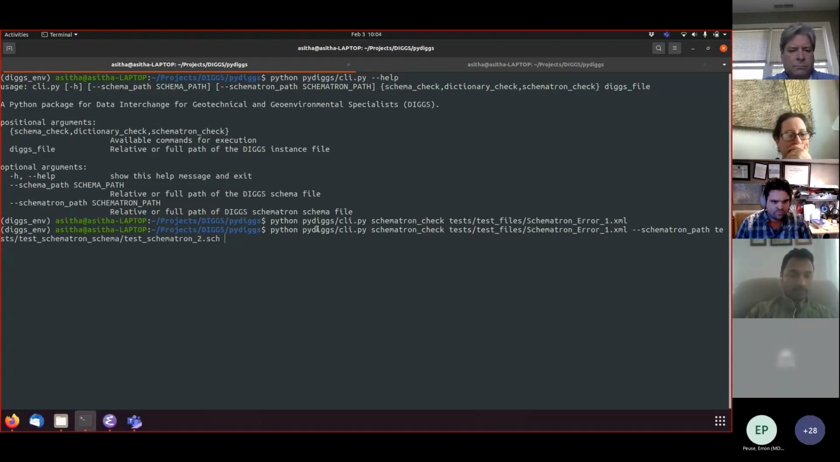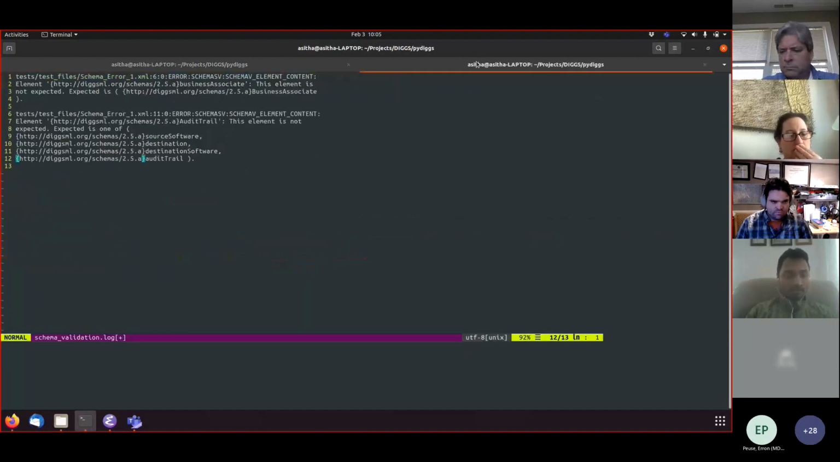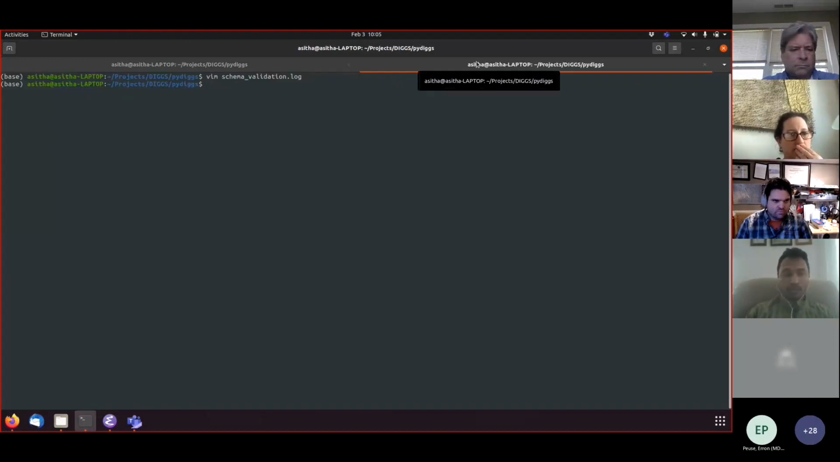here. So it's in the test files folder, and we've created a couple of Schematron files. I'm going to use this Schematron definition file. And now if I run it, it's going to say DIGGS Schematron validation error was found, and it's going to put those errors in a file called schematron validation.log. And if I switch over and have a look at the Schematron validation log,